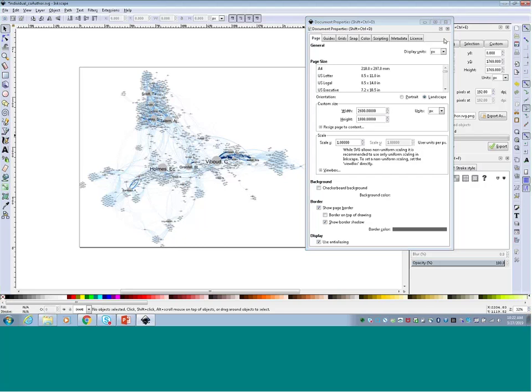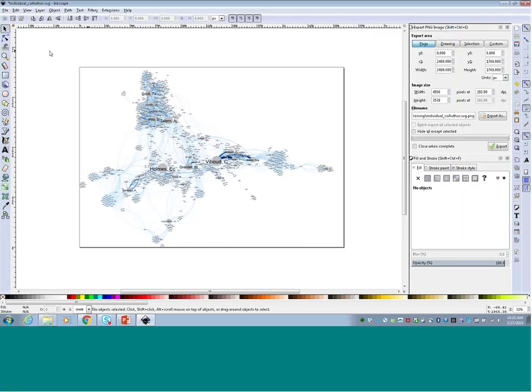So now that I've made some of those adjustments, I can go ahead and close the Document Properties tab, and then I'm going to go ahead and save this as a different file format. I don't want to save over the original SVG file or the original SVG document, just in case I need to go back and make any additional changes, or if I do something wrong to this working version, I can always go back to the original and start over again.